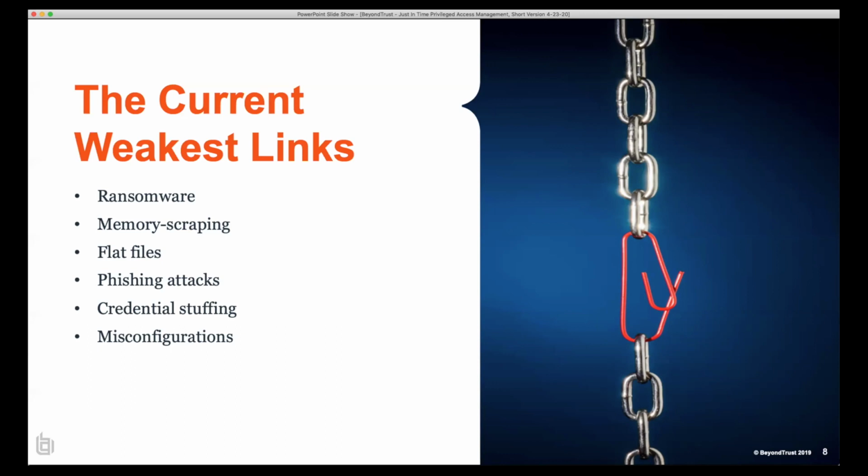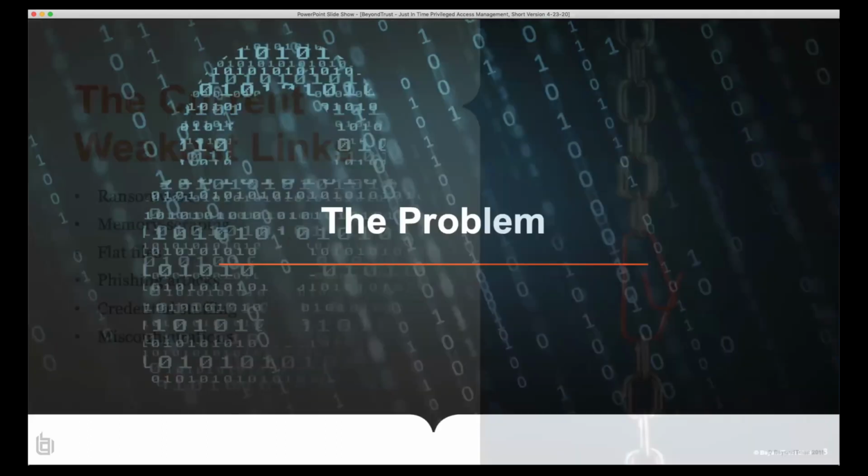And then basic misconfigurations, especially in the cloud. We did some work, we brought up a new system, we thought we did it right, something got unhardened, someone didn't turn off RDP or close off a default account, and you know what? We've opened that door for a threat actor.